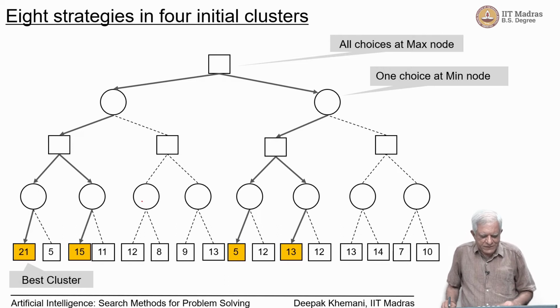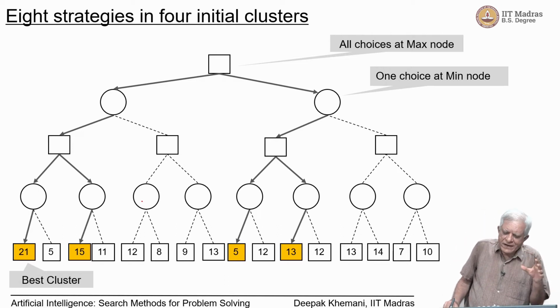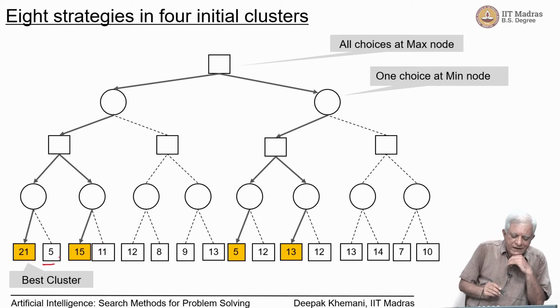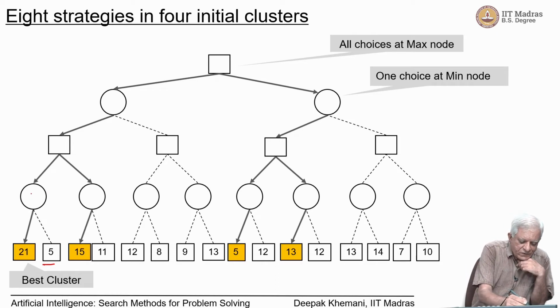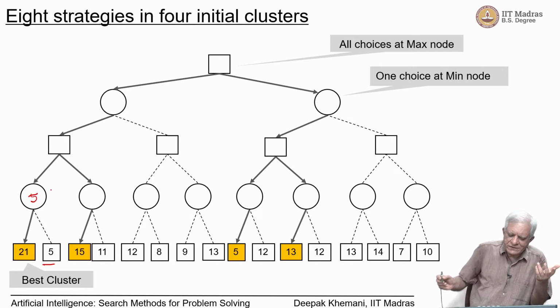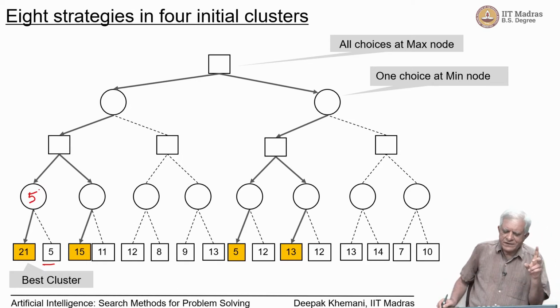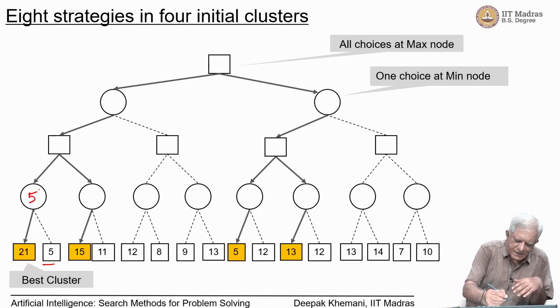So, we refine the best cluster. What does refining mean? Refining means looking at its siblings. In this case it means looking at the value of 5, and when we look at this value of 5, then we can see that the value of this node will become 5. Why? Because that is a min node sitting on the top, and this cluster is now represented by 2 nodes, which is 21 and 5. It is still a cluster of 2 strategies, it is not fully refined, because we do not know what is happening in this part of the game tree,